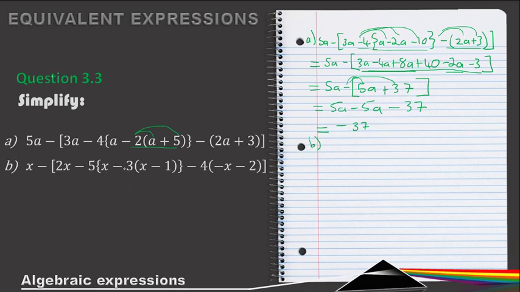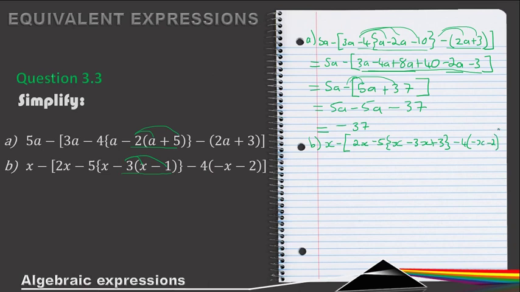Alright, moving on. Let's look at this. We have these funny brackets over here. So this one is the most inside, where we start by multiplying this out. Okay, so you have x minus 2x minus 5. So minus, there's an x over there, minus 3x plus 3. Okay, and then I'm just going to rewrite this minus 4 minus x minus